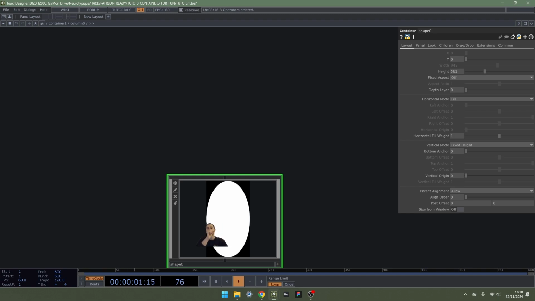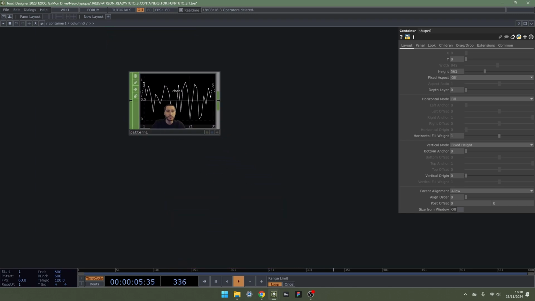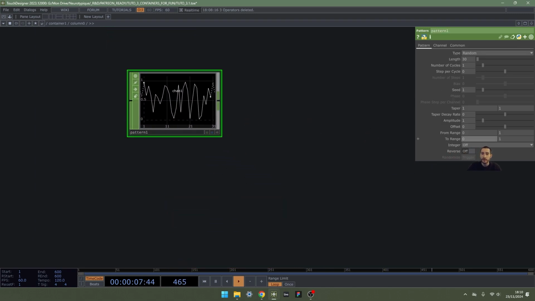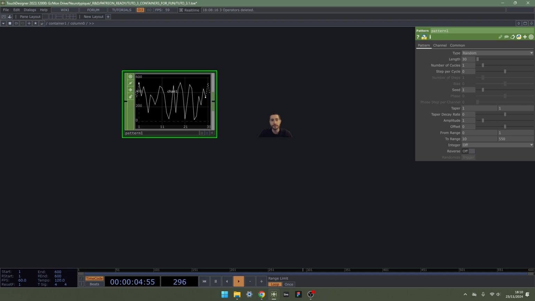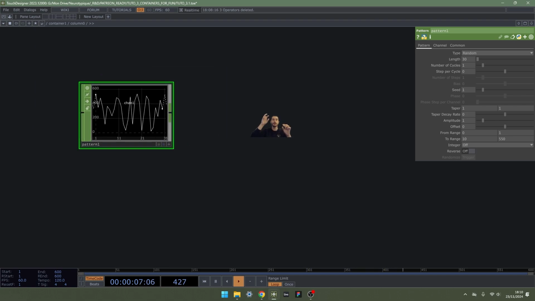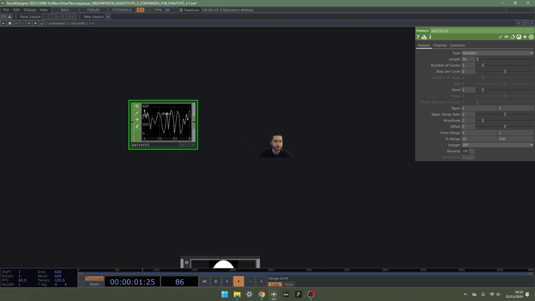This is what I do before setting a range. Usually I just check with the cursor what's the minimum value I want and what's the max, and I can just put them in the field. So from 0 to 1, this is exactly what we see here, 0, 1, so we know the base range. From 0, 1, we want them to go from 10 to 550. This is exactly like using a Math CHOP after and the range tab in the math parameters.